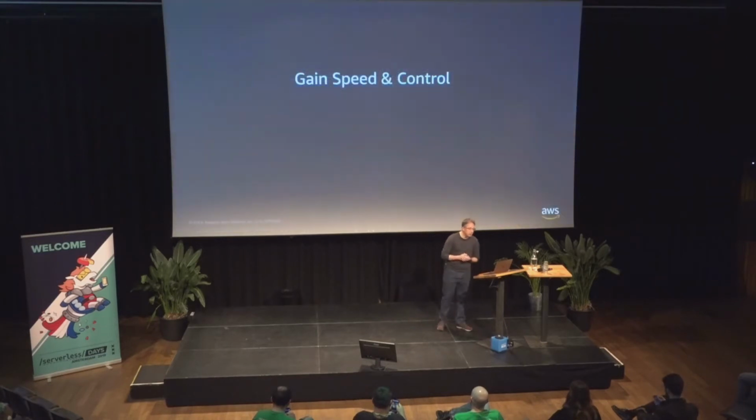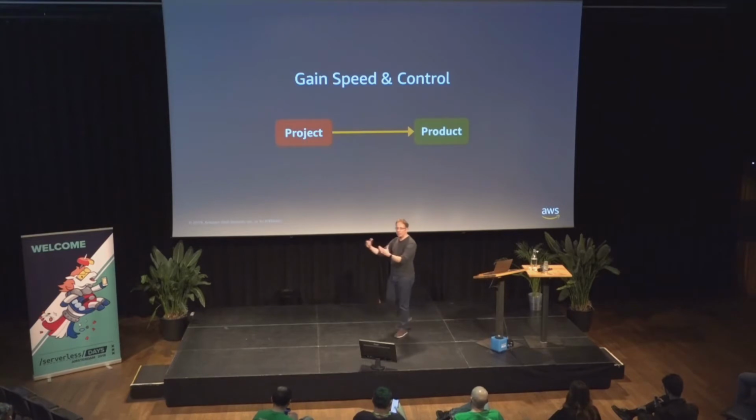But speed requires control. So when you start and you have your product first in production, how can you keep control of what you're doing? How can you keep the steer on so that you keep evolving the product in the right direction? So the big suggestion, and this also comes from our experience in Amazon, in AWS, is don't think of what you're building as software developer as a project, think as a product.